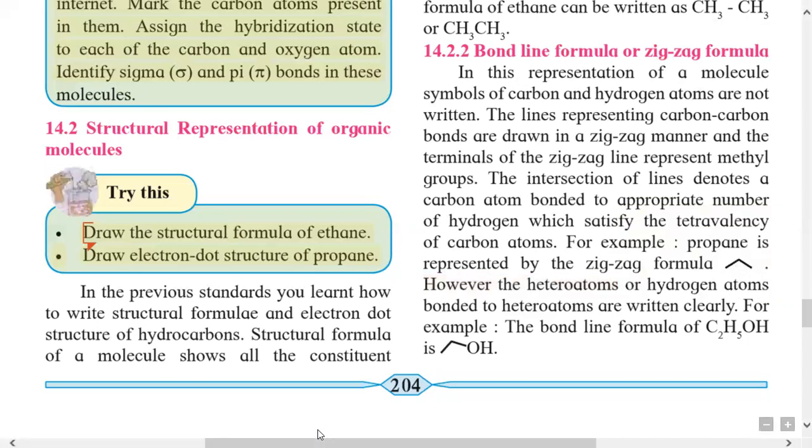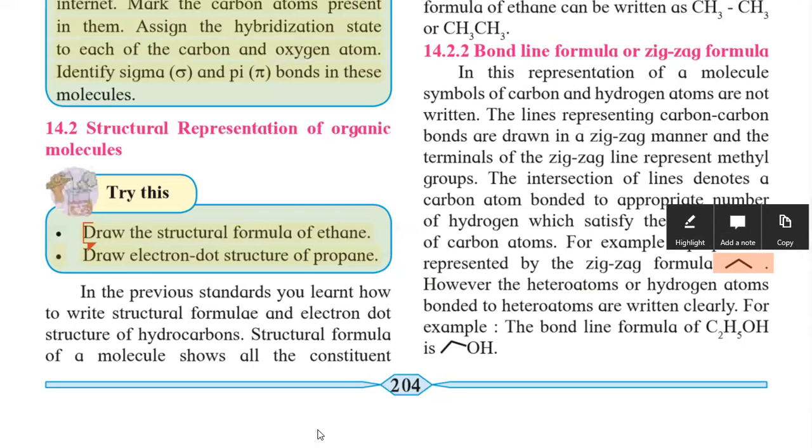Here one example is given as propane. We know propane is a 3 carbon containing alkane having molecular formula C3H8, and here the numbers of carbon and hydrogen atoms are not shown in the bond line formula, but at one end of this line there is a carbon which is bonded to a second carbon, and therefore the first carbon has 3 hydrogens, that is CH3,